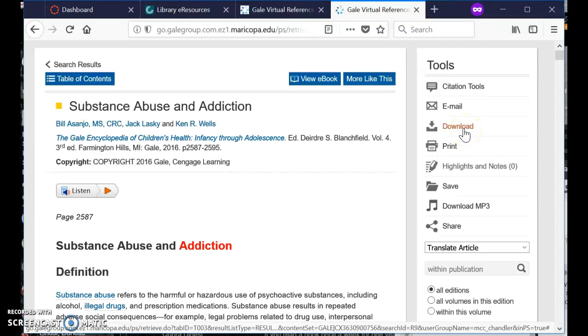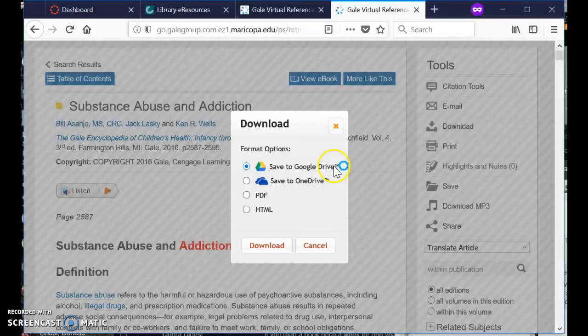is this download option. I am a big fan of the download option because one of the options here is to save to your Google Drive. And it will prompt you to log in to your student Google Drive, or you can use your own if you want, but if you use your student one, you're always going to know where it will be, and you can click download. It will also ask you to allow Gale, which is the publisher of this database, to access